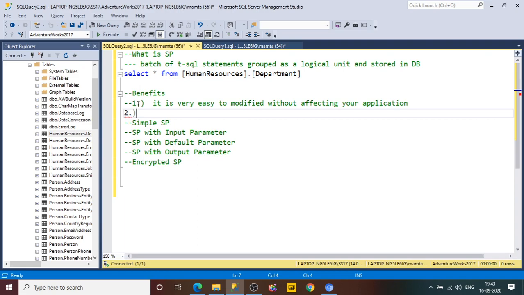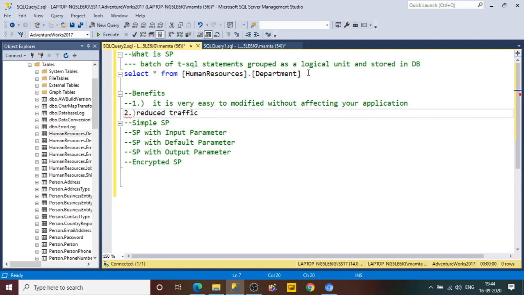The second benefit is reduced network traffic. If you have an inline query, this is the simplest query, but in case you have a complicated query written inline, the request will go to the server.